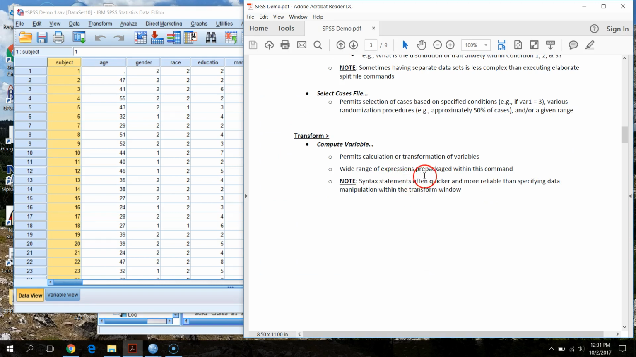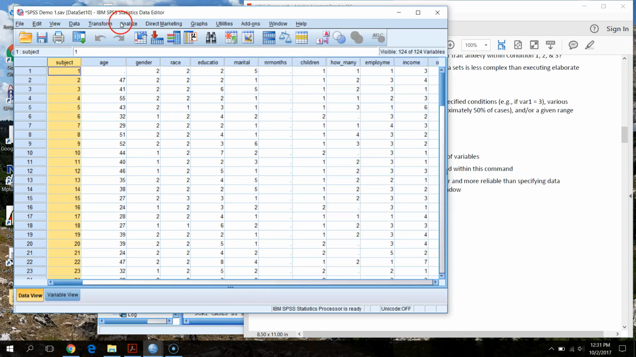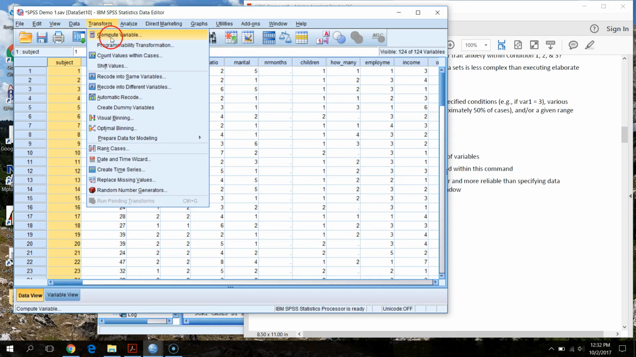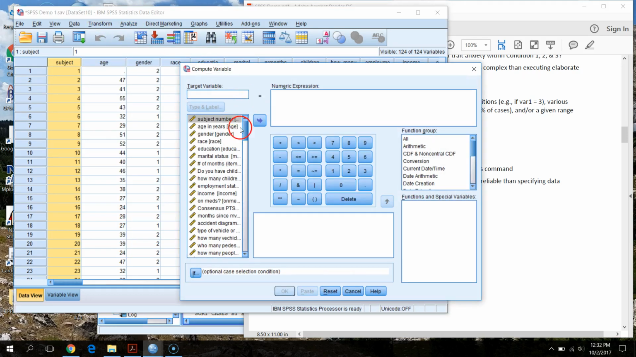The last thing we'll cover here is computing variables within SPSS. This is going to let us calculate or transform variables. There are lots of different things we can do. Let's say for this purpose we want to compute a variable, and let's say our BDI is horribly skewed. It's not, but let's say it is. We want to create a new variable called natural log BDI, and we can go through and